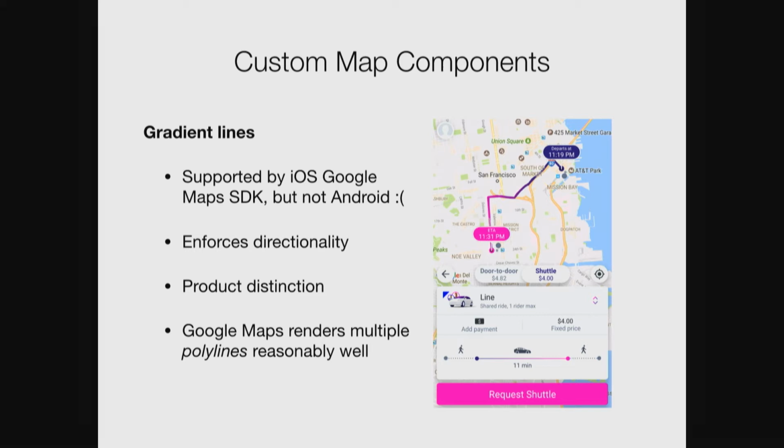Two things are important here. One is that it enforces directionality. You can see that the colors match to pick up and drop off points to show that you're actually going in one way on the route. Another thing is it's a product distinction. You look at the screen, and it's very obvious that you're going to be taking a shuttle ride versus, say, a Lime ride or a normal Lyft ride. And so we're actually leveraging the fact here that Google Maps is pretty good at rendering a lot of different